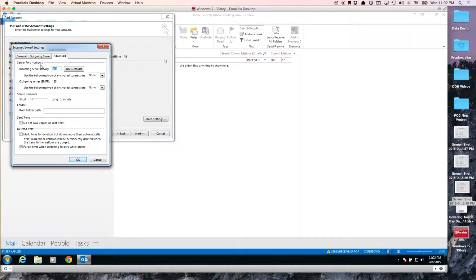And now we're going to tell the server that you want to use the secure encrypted connection. So we have to change a couple of these port numbers. Instead of the default 143 and 25, we want to use port 993 and change this to an SSL encryption. And your outgoing port needs to be 465